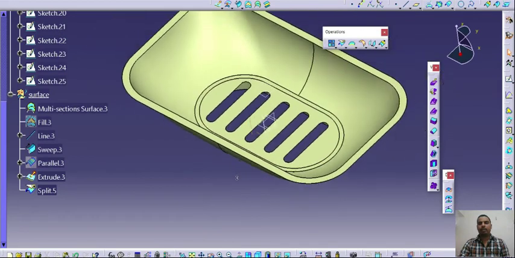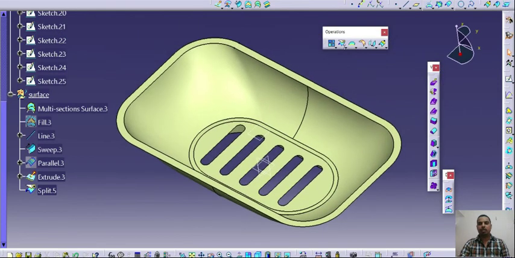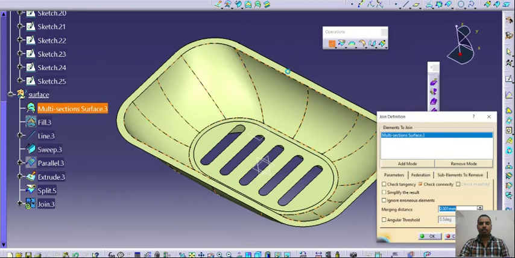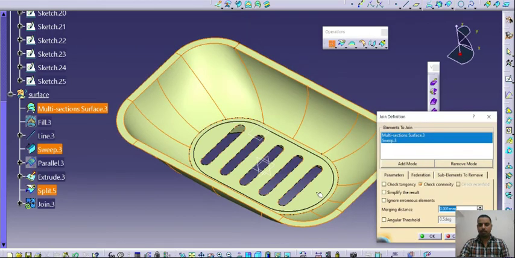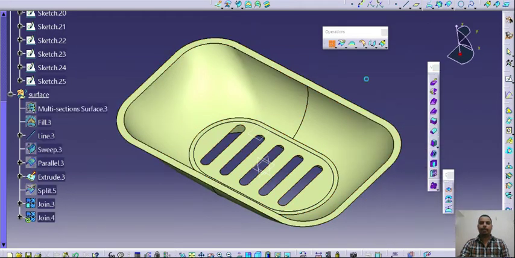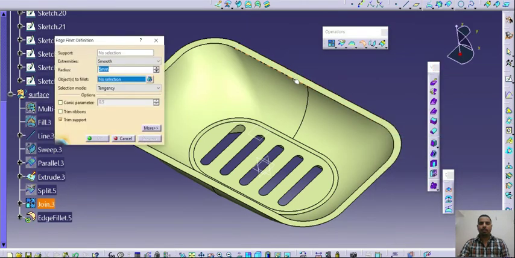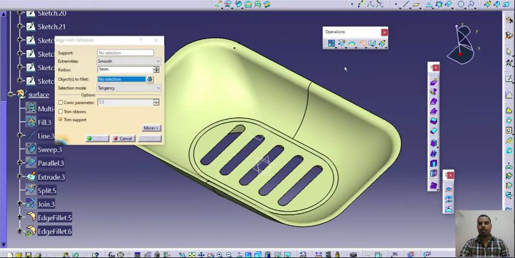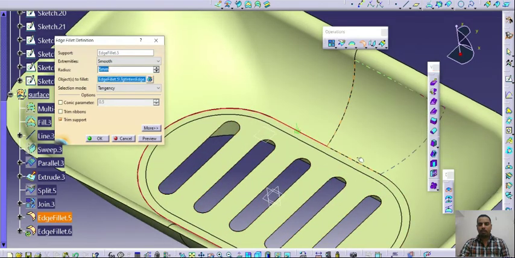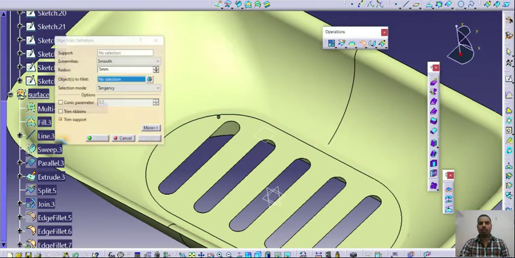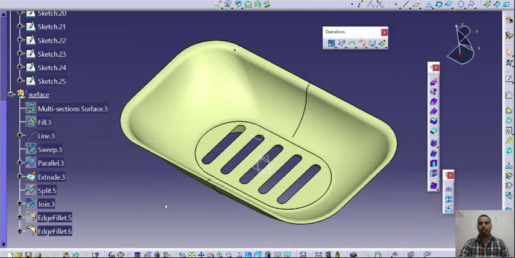Okay, like this way, and I will make a join between these 3 surfaces, and I will make use of the fillet command to avoid sharp corners, and I will make the fillet radius 5 mm. Again I will create a fillet at this location. Let's see whether it will create a fillet. Yes, it will create a fillet of 5 mm.